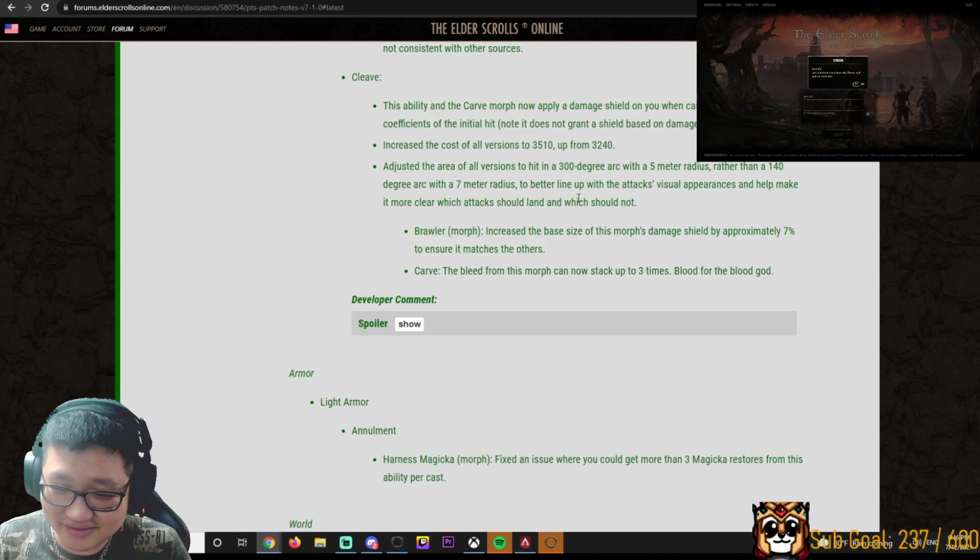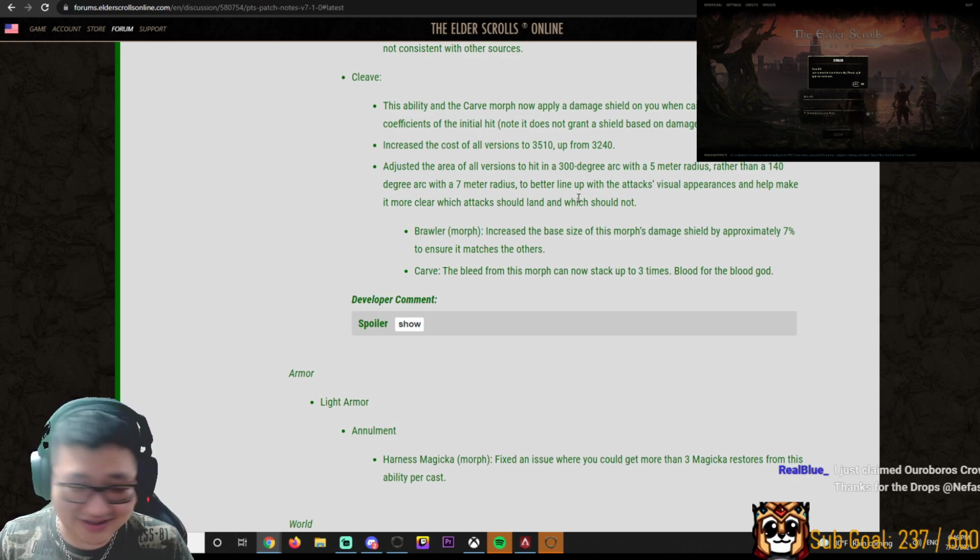What? 300 degrees? What? How does that work? Like...